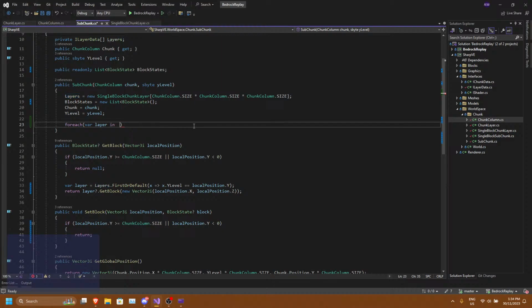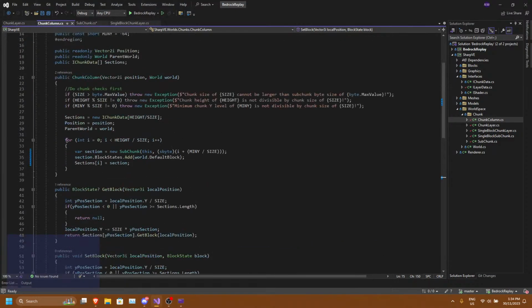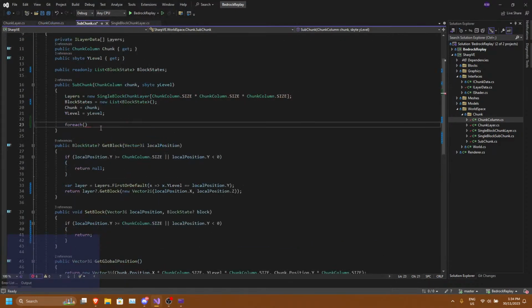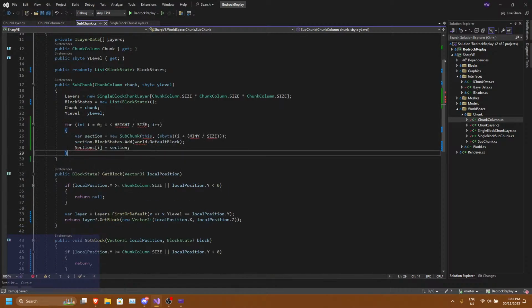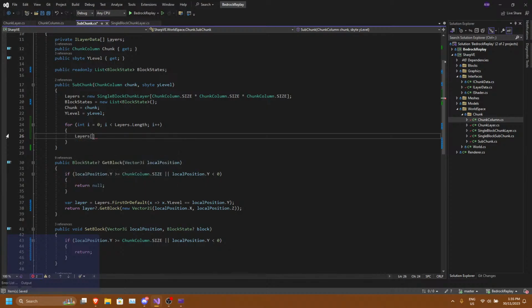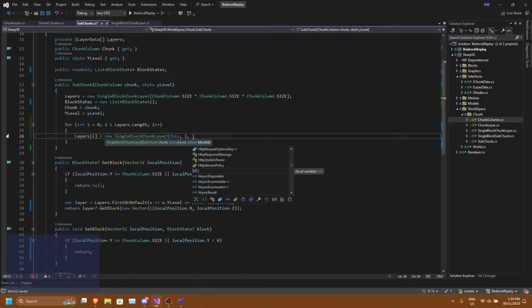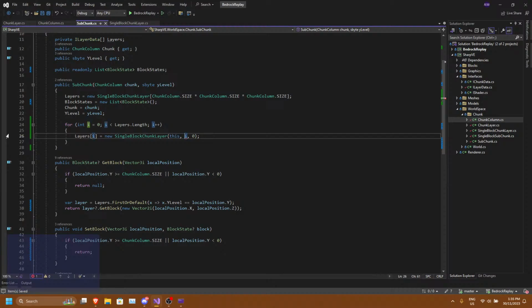Oh wait, I have to change this so it's from for int i is equal to 0, i is lower than layers dot length, i plus plus, and then we can just do layers i is equal to new single block chunk layer, byte level, y level, ushort block ID is equal to 0. And then we just have to convert that to a byte. Okay.